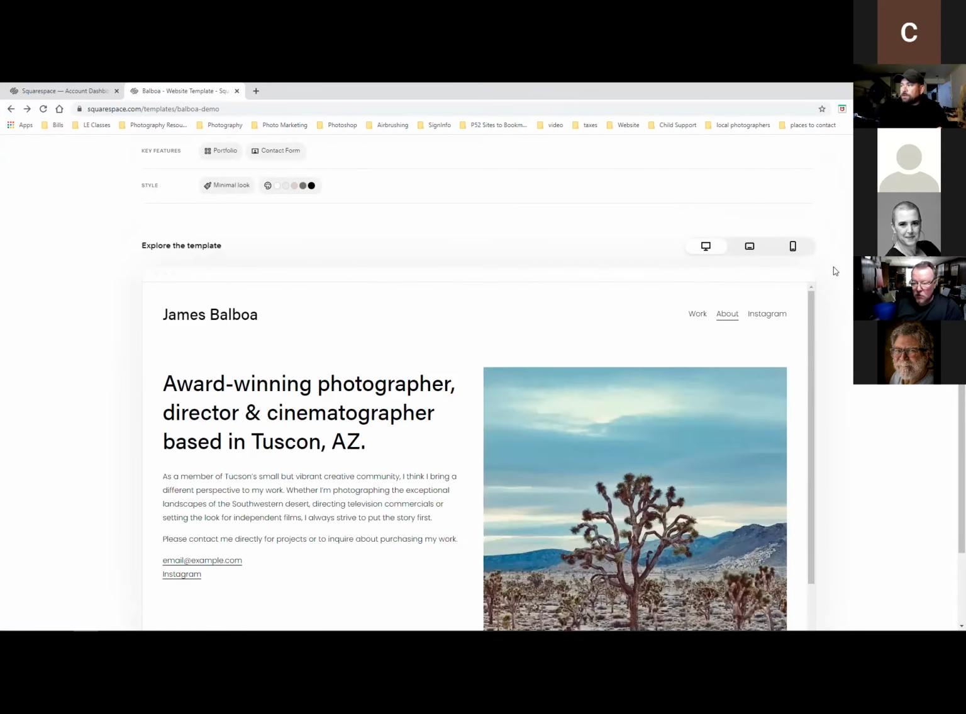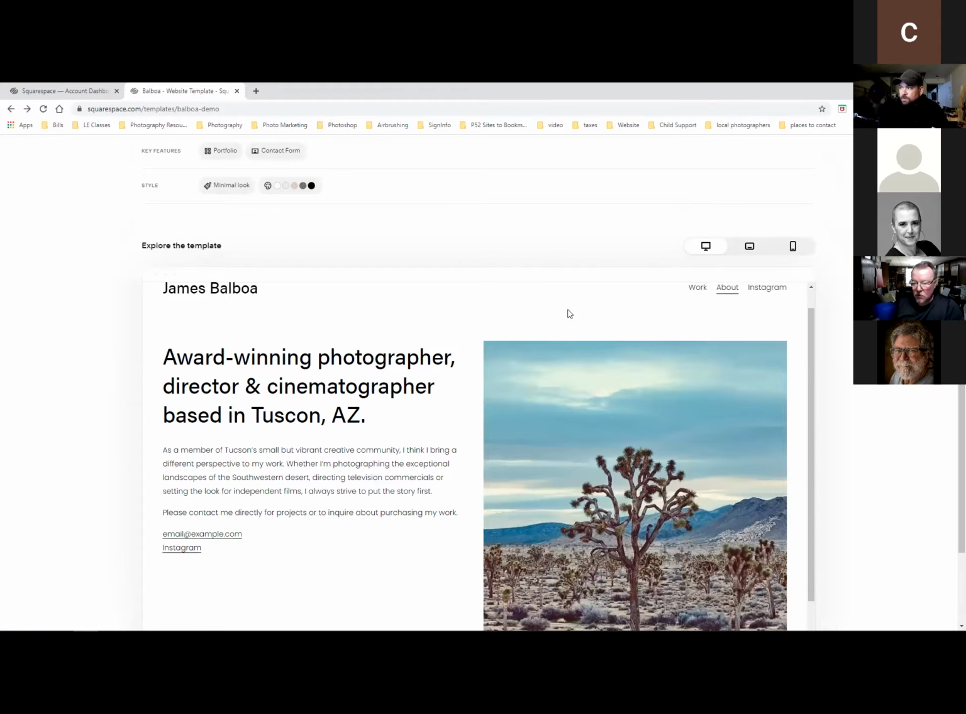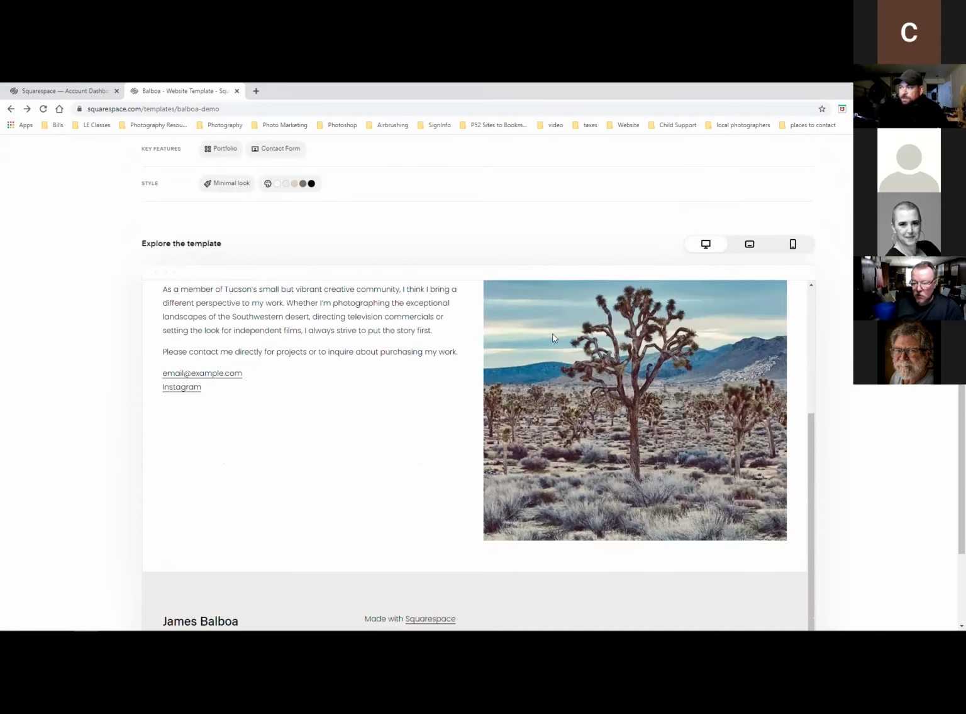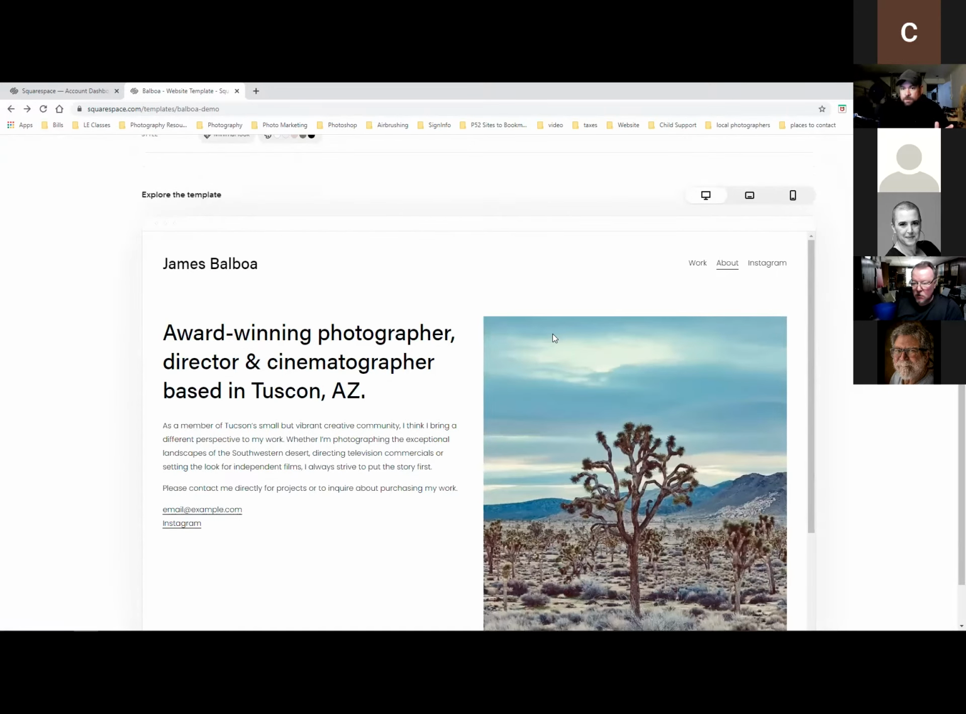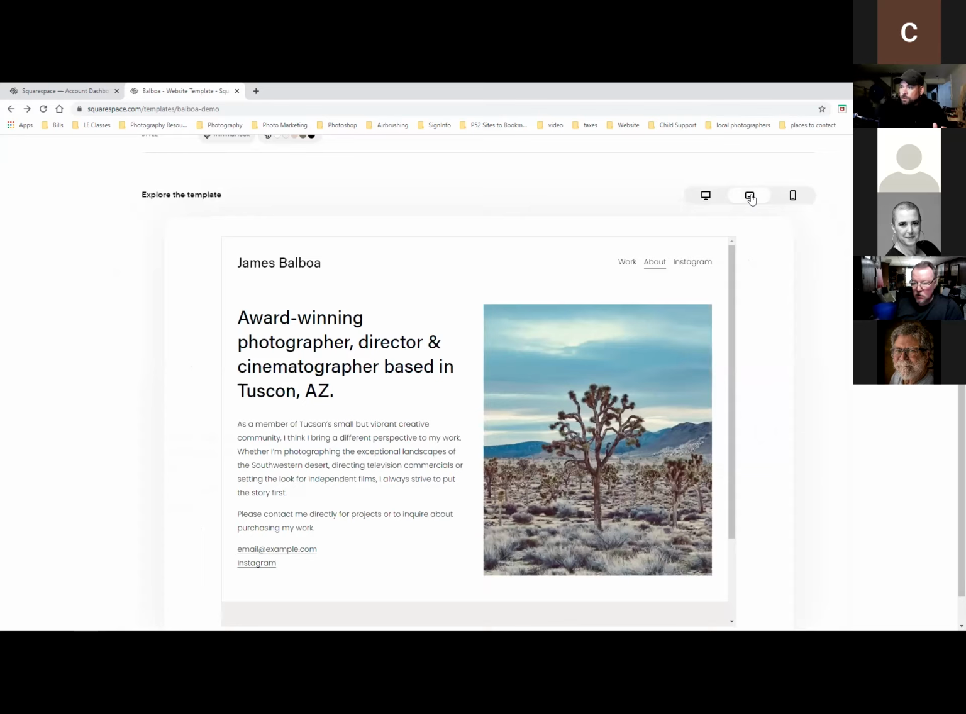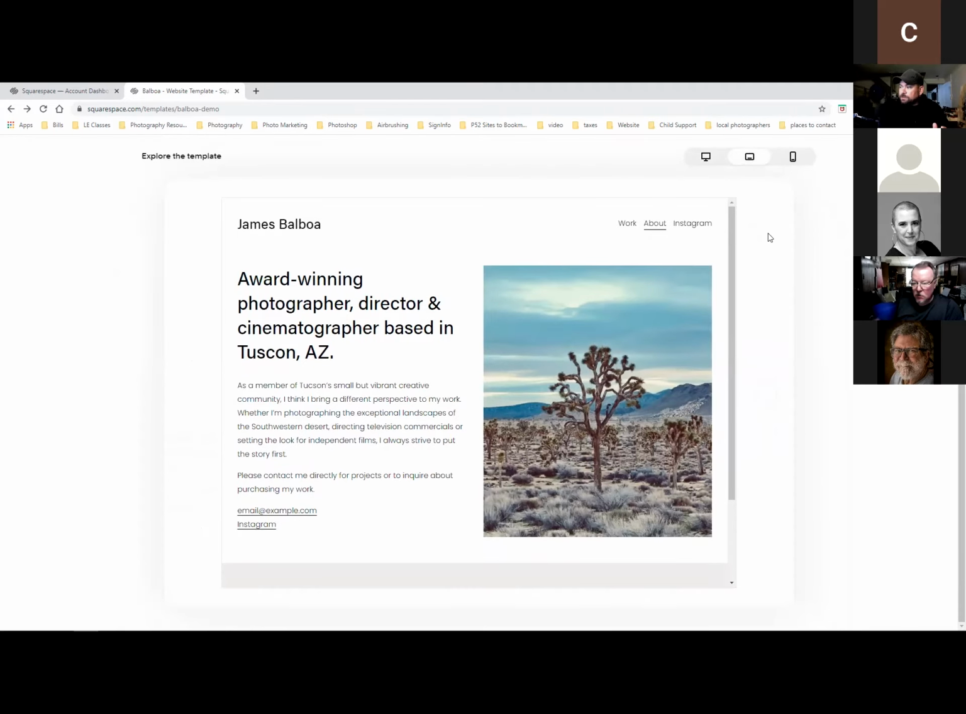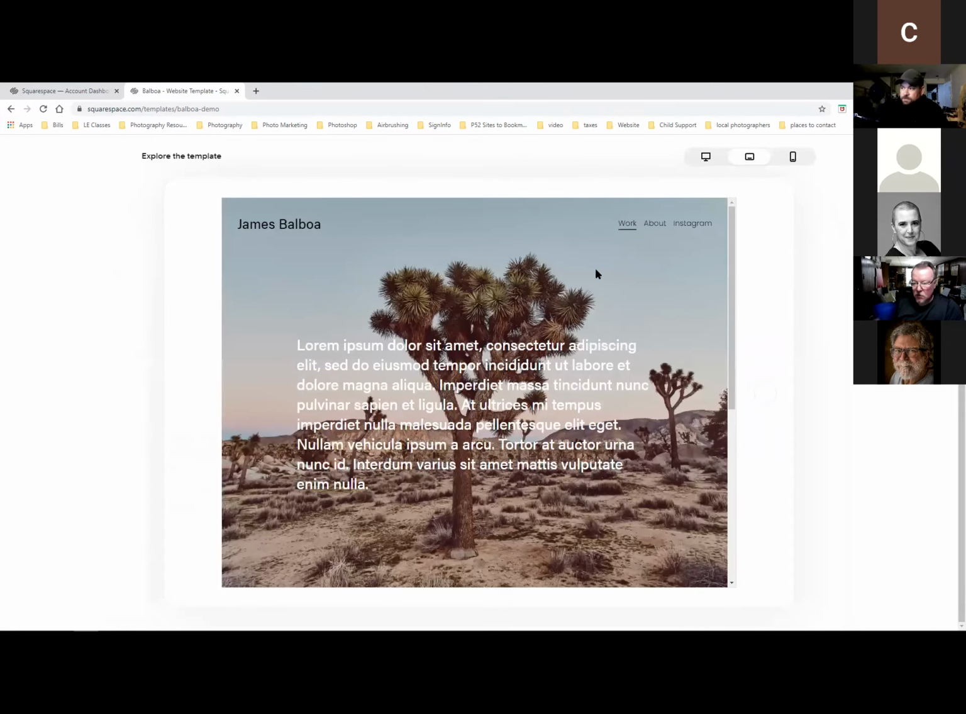And then one of the other things that's really good on this is, since you're looking at it on a computer, you're seeing what the desktop view looks like. But if you want to make sure it's something that you like for mobile uses or for iPad, you can click up here and it will show you what it looks like on a tablet. So you can see where it's kind of got the iPad layout. So if you want to see what this interacts as a tablet,